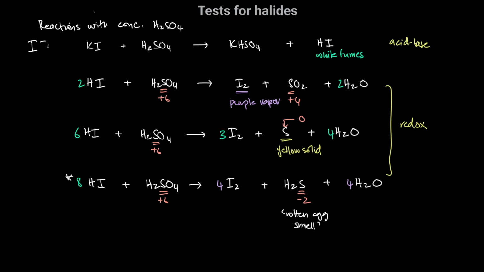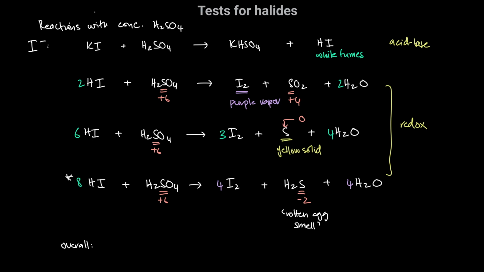However, as far as the overall process is concerned, if we were to construct an equation for the formation of hydrogen sulfide from potassium iodide, we have this acid-base reaction and this redox reaction that we're looking at, and the equation that we get is